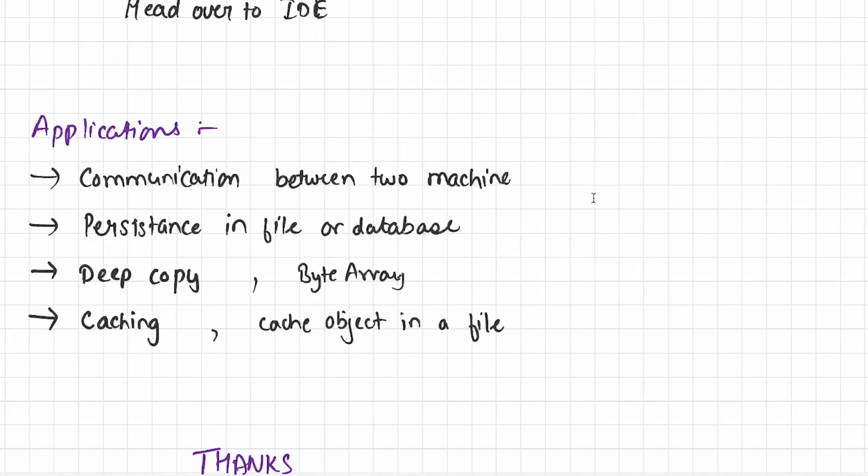And last but not least, the application of serialization and deserialization is caching, and this is really an interesting application. Let's say you have an object and the object is really heavy. Sometimes that object takes 10 seconds or 1 minute to create. In that case, you can simply create one object and store that object in a file using serialization. Then whenever you want to use that object, you can simply deserialize it from the file and boom,